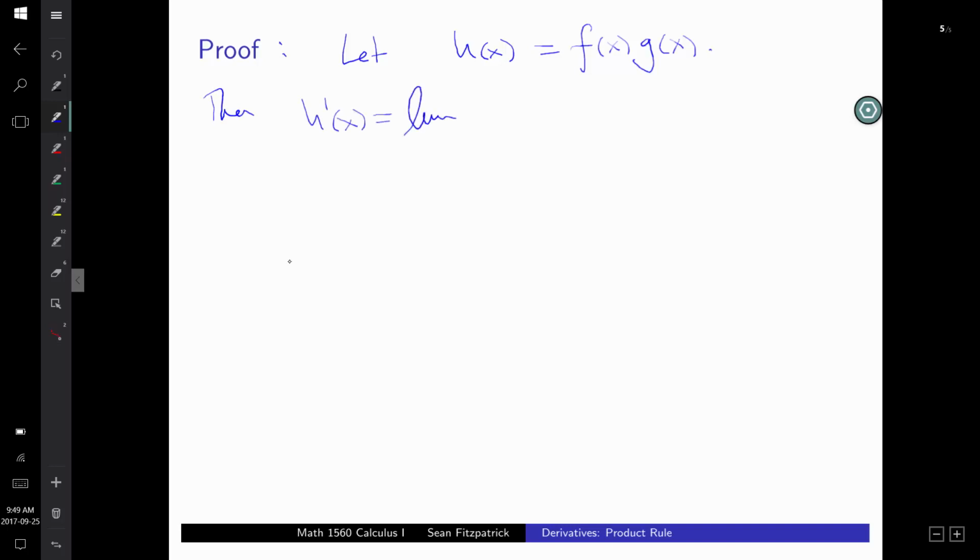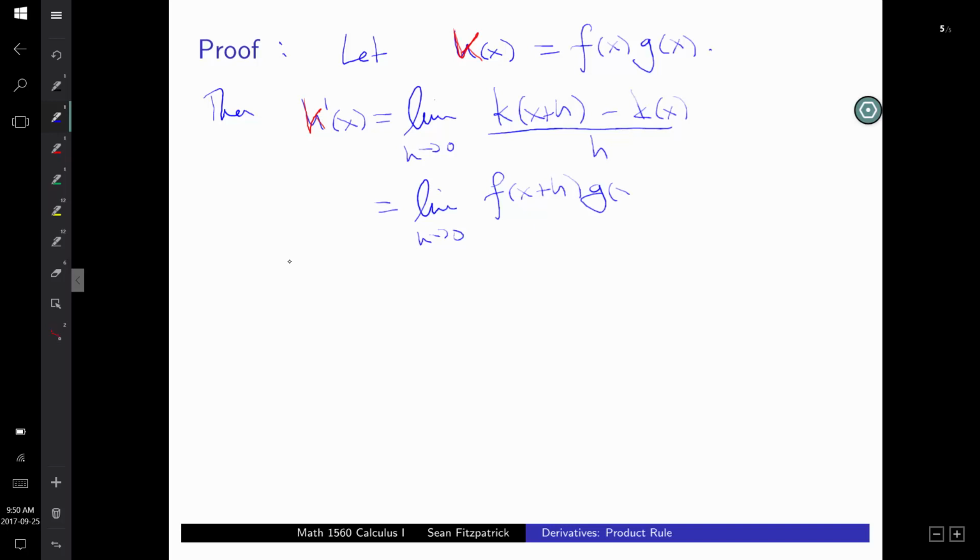It looks like the limit as h goes to 0. Maybe I shouldn't call this h. Let's call this thing k. It's not going to be around very long, just because I don't want to have two h's. So it's going to be k of x plus h minus k of x all over h, right? But we know that k is given by f times g, so this is the limit as h goes to 0 of f of x plus h times g of x plus h minus f of x times g of x,